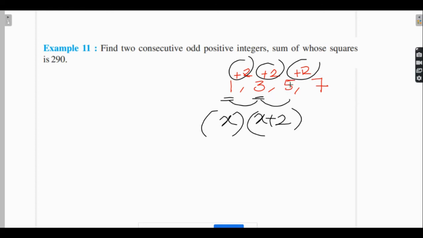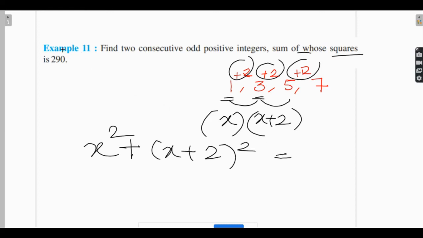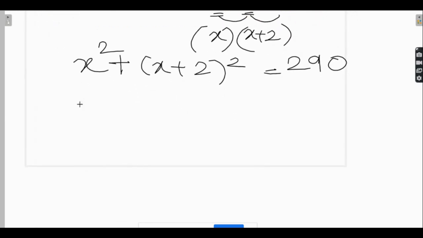Now what is he telling in the question? The sum of whose squares, so the sum of squares, is how much? It is 290. Now let's solve this question. We will also find the roots with the quadratic formula, so your third method will also be clear. The (a plus b) the whole square formula I am applying. a square, in this case your a is x, so x square plus 2ab.